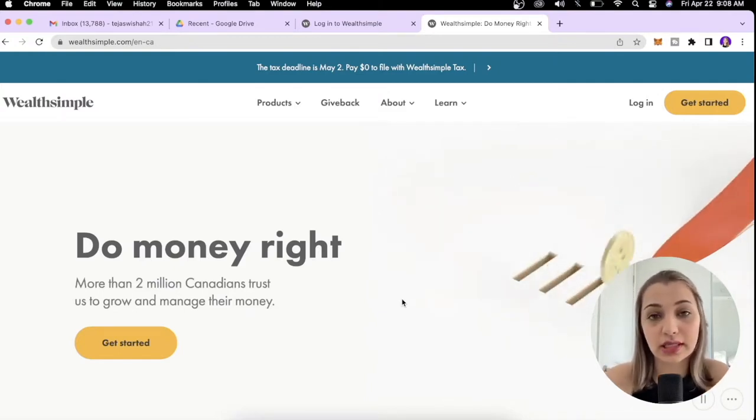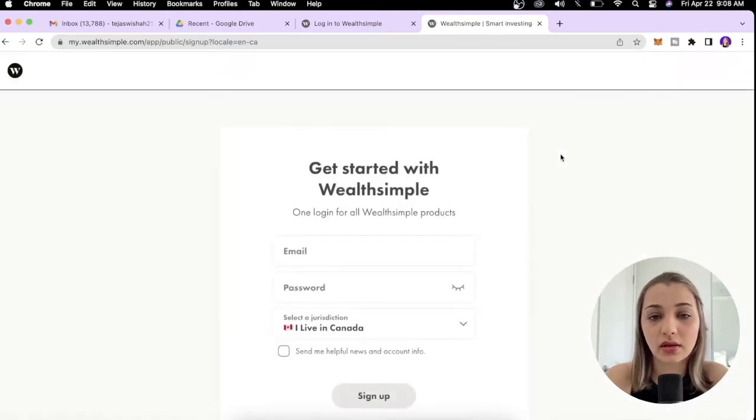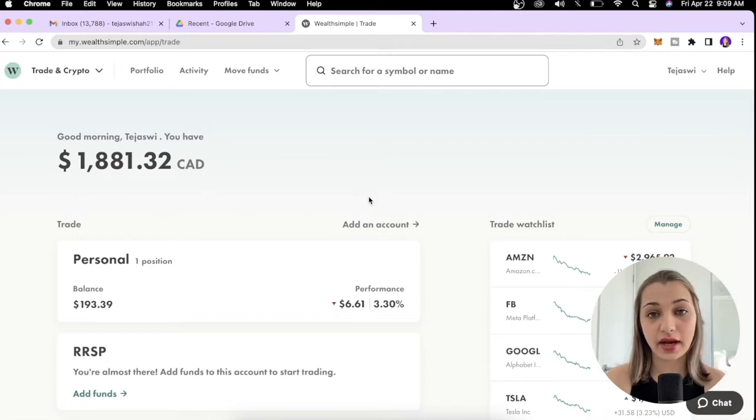The first thing you need to do is have an account with Wealthsimple. If you don't have an account, you can click Get Started, enter all your information, follow the prompts, and enter your KYC. Once everything is set up and verified, you can move to the next step, which is to purchase the ETF. I already have an account with Wealthsimple Trade, so I logged in,